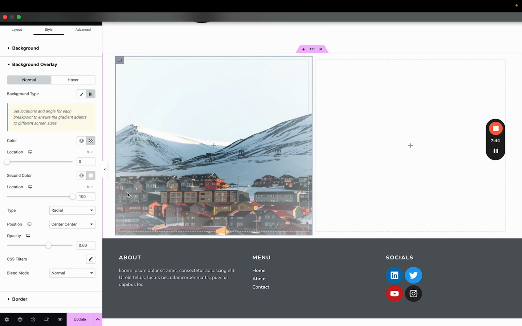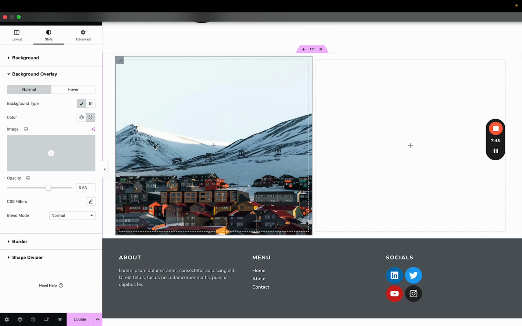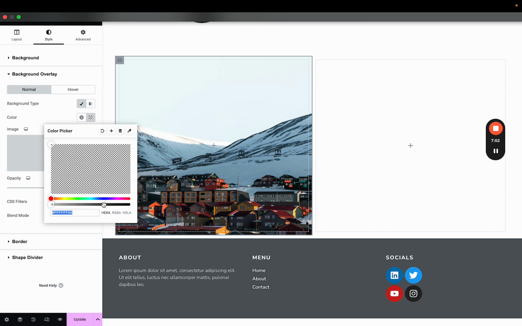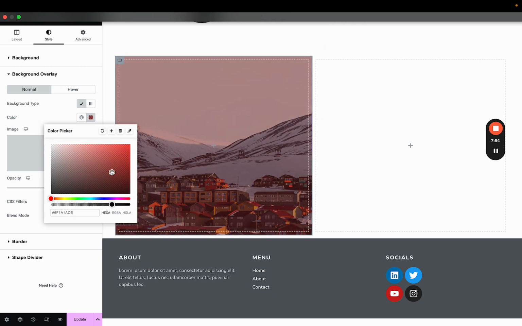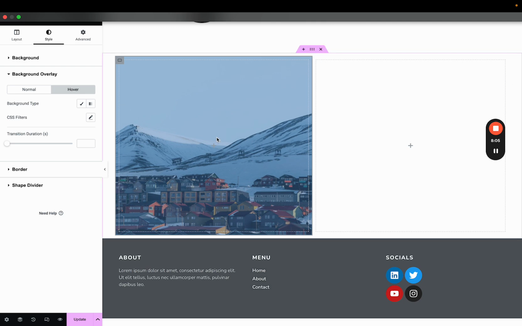Like, it's totally up to you how you do that on top of your image, right? So background overlay is, again, a super cool option to quickly add some sort of overlay on top of this so you can put text on top. You can also, this is really cool, check this out. You can change what that does on hover. So if you want the user to be able to hover on top of this and something different happen,